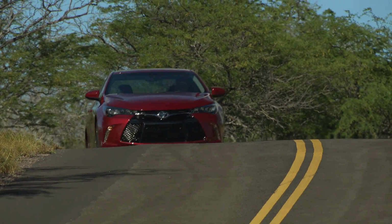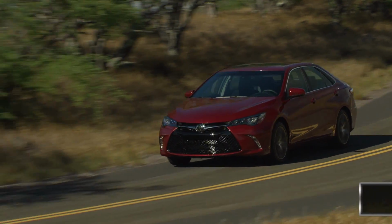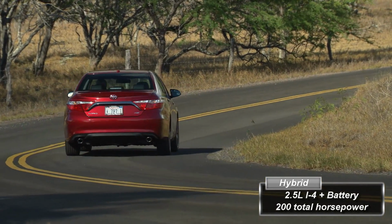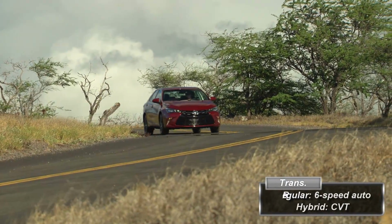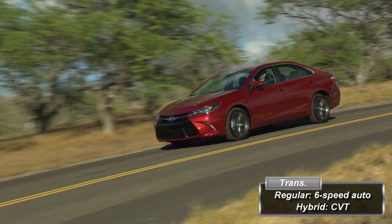On the other end of the spectrum, the Camry's hybrid powertrain is also available. This pairs the 2.5-liter i4 to a nickel hydride battery, and together they produce a total system output of 200 horsepower. Hybrid Camrys are paired to a continuously variable transmission, and regular models are paired to a more traditional 6-speed automatic